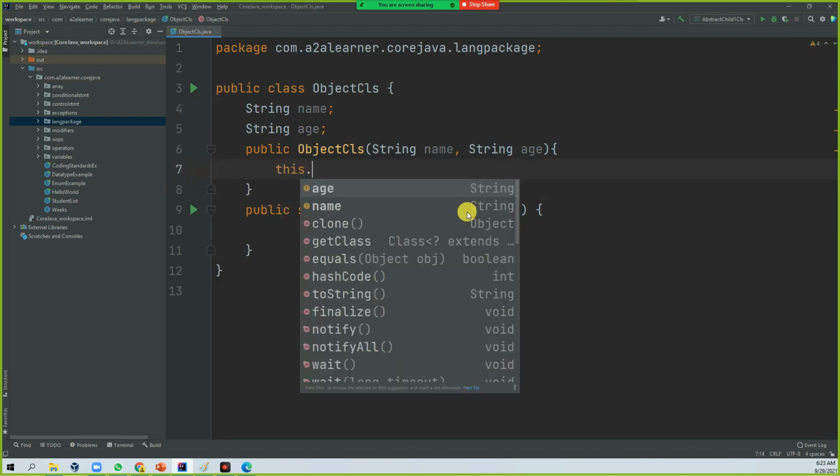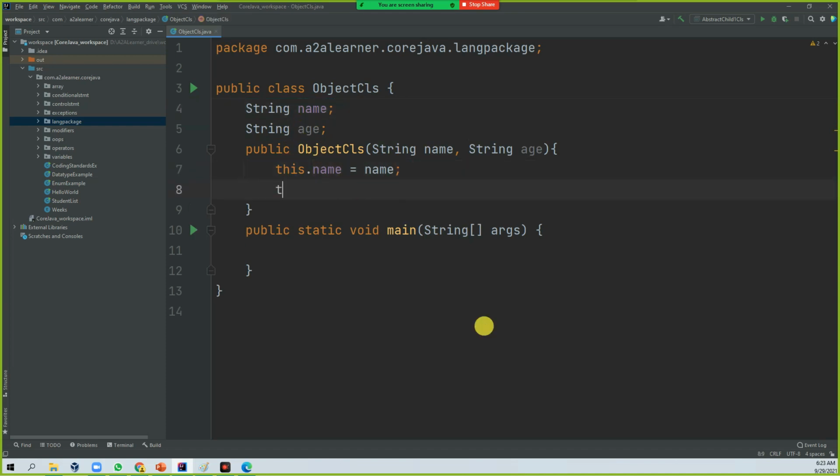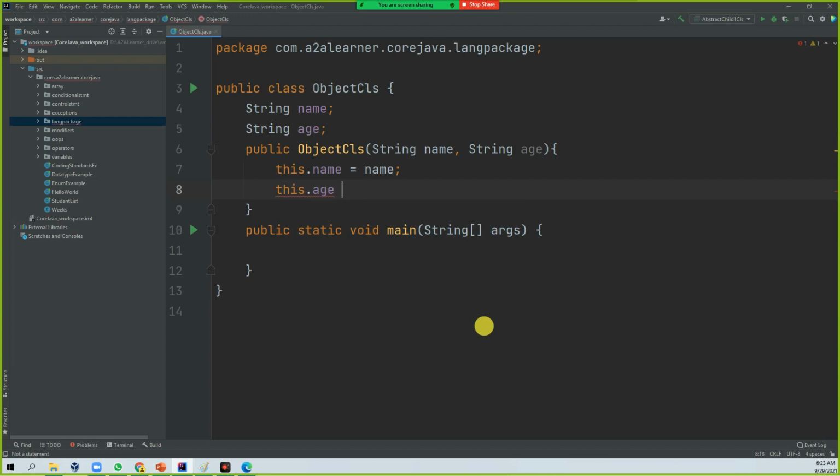So this.name means whatever is there in the global scope, that is what it represents. If you don't specify it, it will refer to this one. Then this.age. Now my constructor is ready.